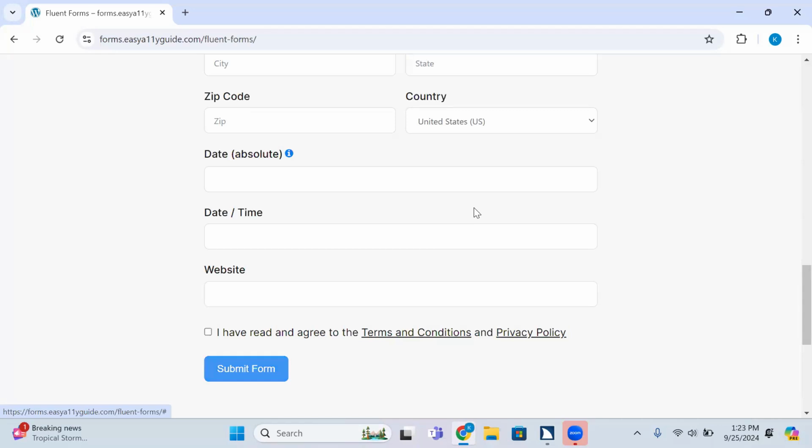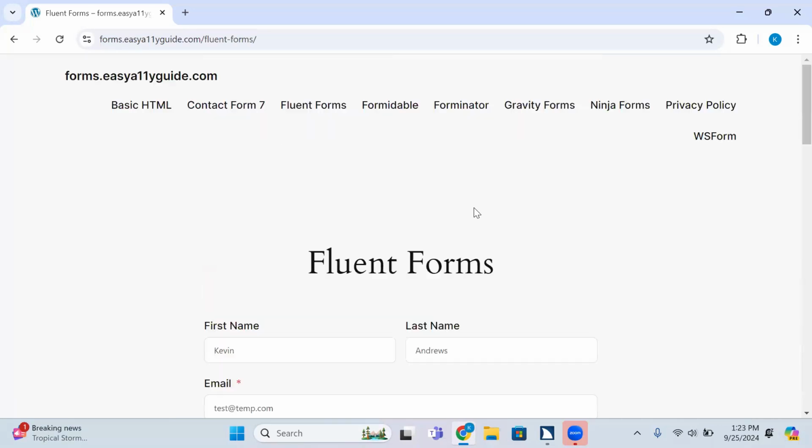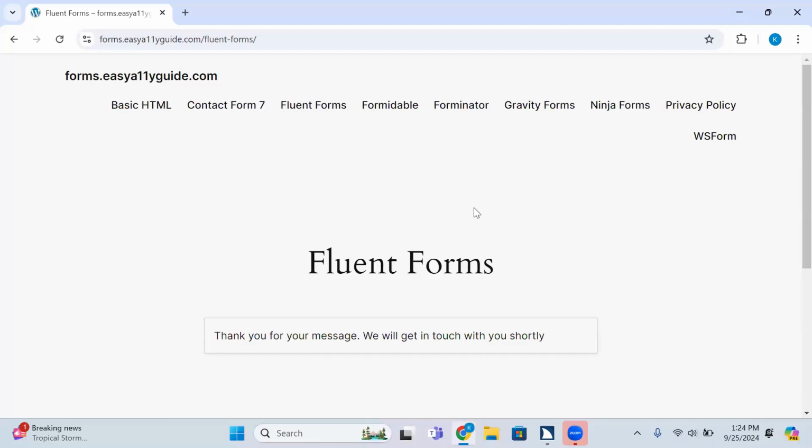See how this goes. Submit form button to activate. Press enter. Fluent Forms and dash forms.ec11eguide.com document. It just submitted, and it's presenting a visual message that says, "Thank you for your message. We will get in touch with you shortly." But it's not telling you as a screen reader user any of that. Right. It just basically read out the document title. I assume the page refreshed and focus got lost. Yeah.